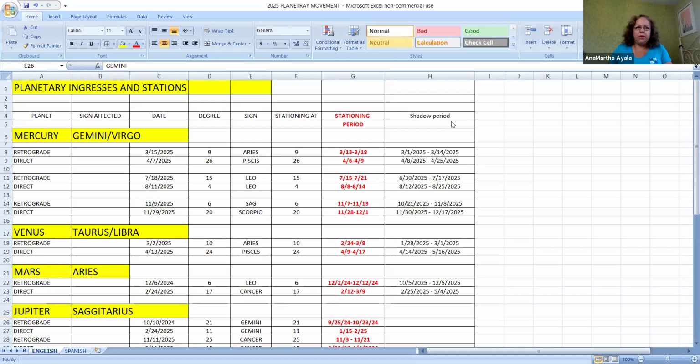But if your car breaks down, because Mercury affects travel and transportation, it's classic, and the worst days are these stationing dates. That's when airlines cancel flights or they're delayed, or something happens to your travel plans, or the baggage is lost. That type of situation happens during these stationing periods. That's when I have seen delays, and car rentals too. There's a mix up with the reservation or something to that effect.